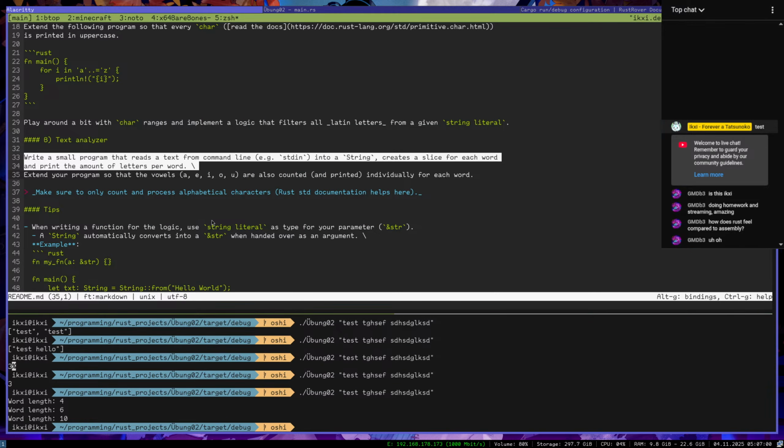Okay. Extend the program so that the vowels are also counted and printed individually for each word. Okay.